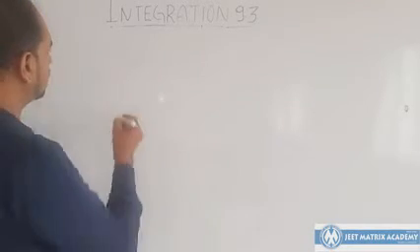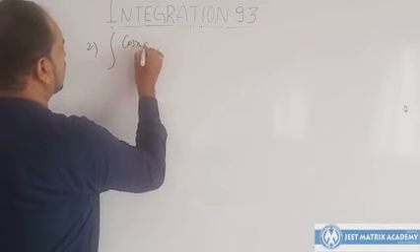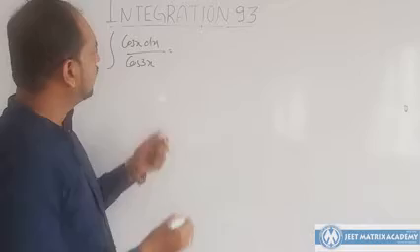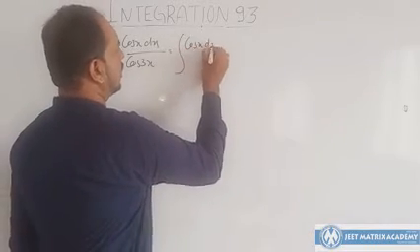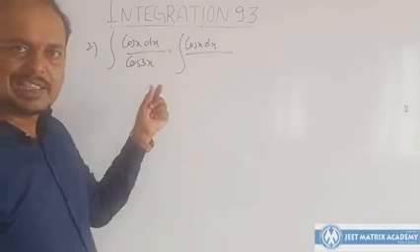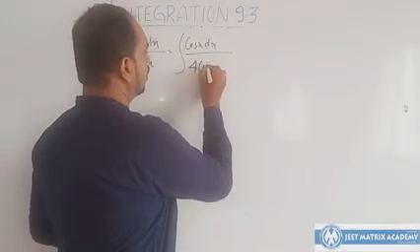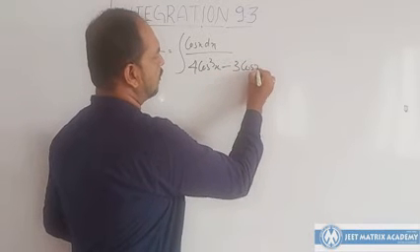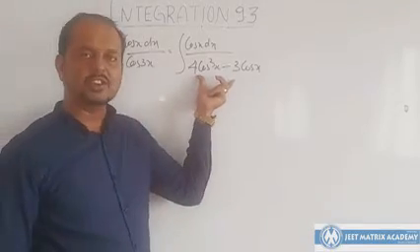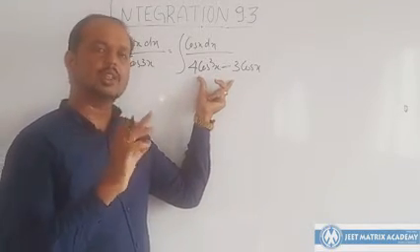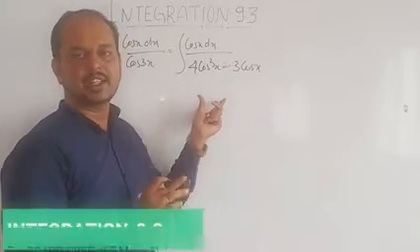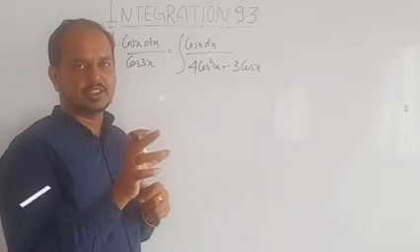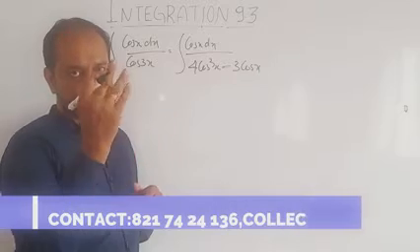Cos x dx by cos 3x. Again use the cos cube formula. So cos x dx divided by, in case of sin 3x, 3 sin x comes first, here 4 cos cube x comes first, so 3 cos x comes next. So this is something you are supposed to remember, something you can connect and correlate and remember. In case of sin 3x, 3 sin x comes first. In cos 3x, 4 cos cube x, the cube, comes first.